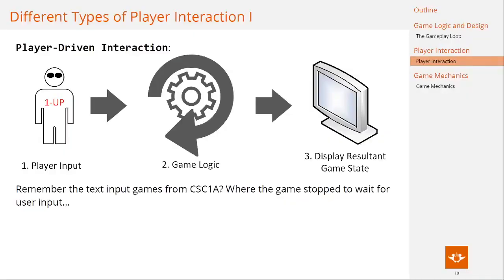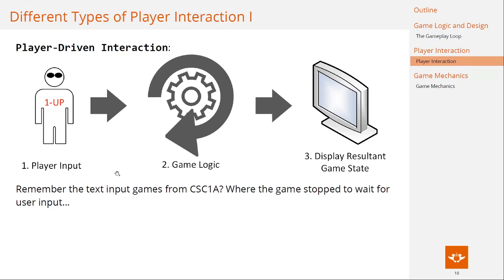So we have something that might be familiar to you from Computer Science 1A, which is player-driven interaction, where the computer program is going to wait for the player to input something. So remember back to your games from Computer Science 1A, where in order to progress the game would ask you what move would you like to make. You then input the move like up, down, left, or right,